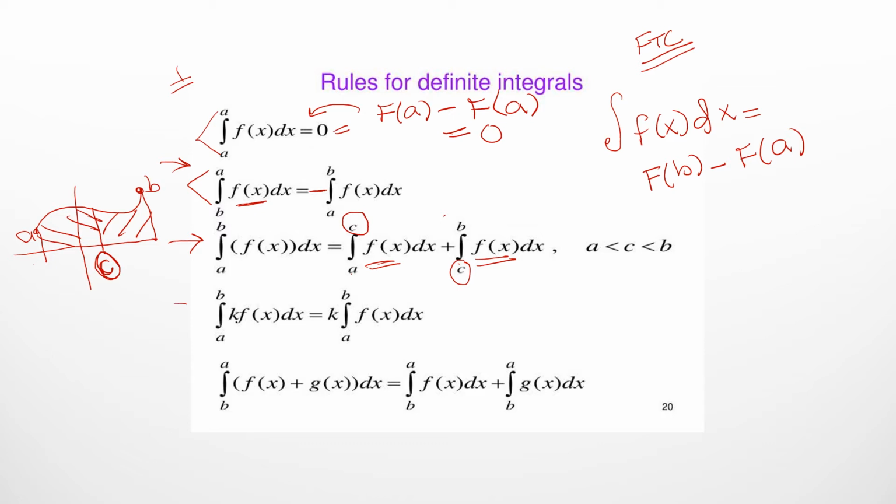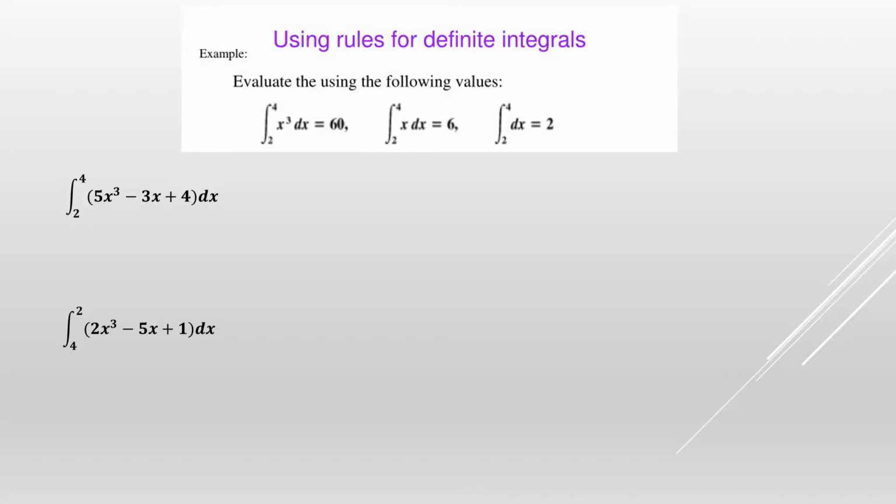We already know that if k, a constant, is multiplying a function, then the constant comes before the integral sign and you integrate the main function f of x dx within the region of a and b. Similarly, if two functions share the same upper and lower limits, by applying the sum and difference property, you can integrate the first function and then the second function. Let's see how we can use these rules.